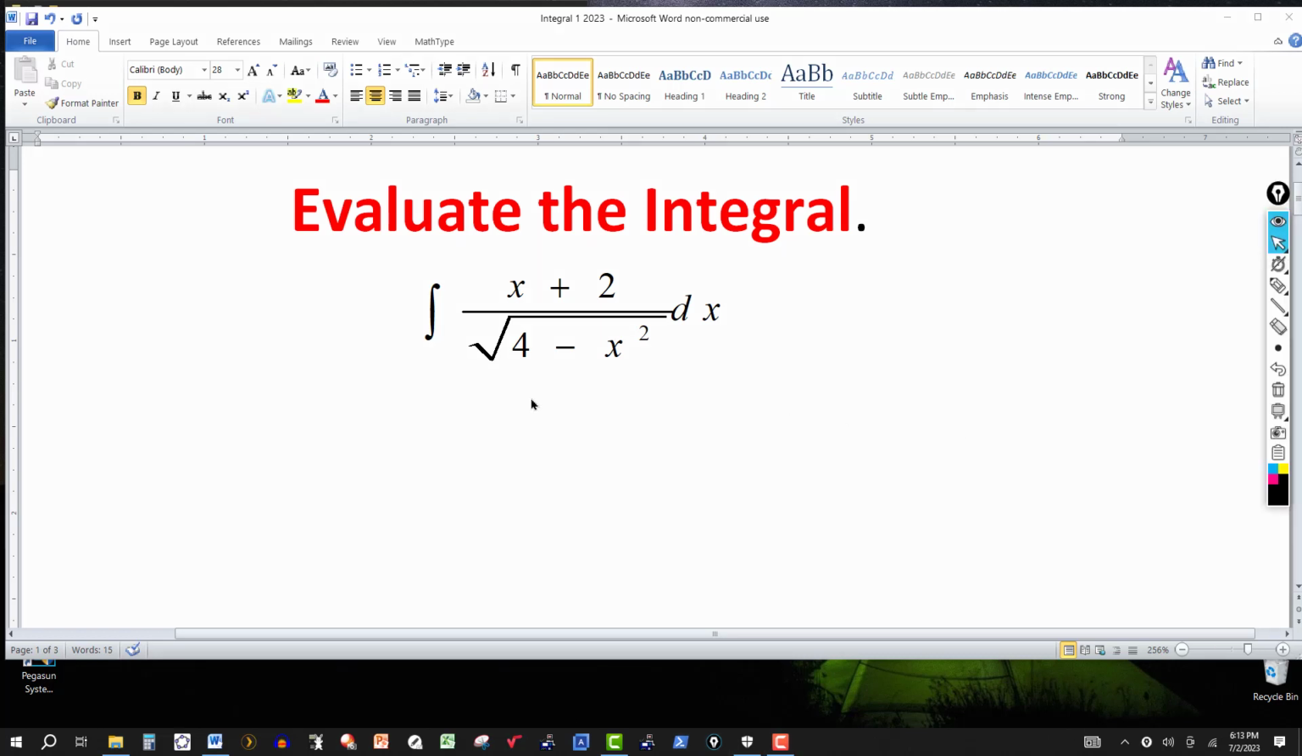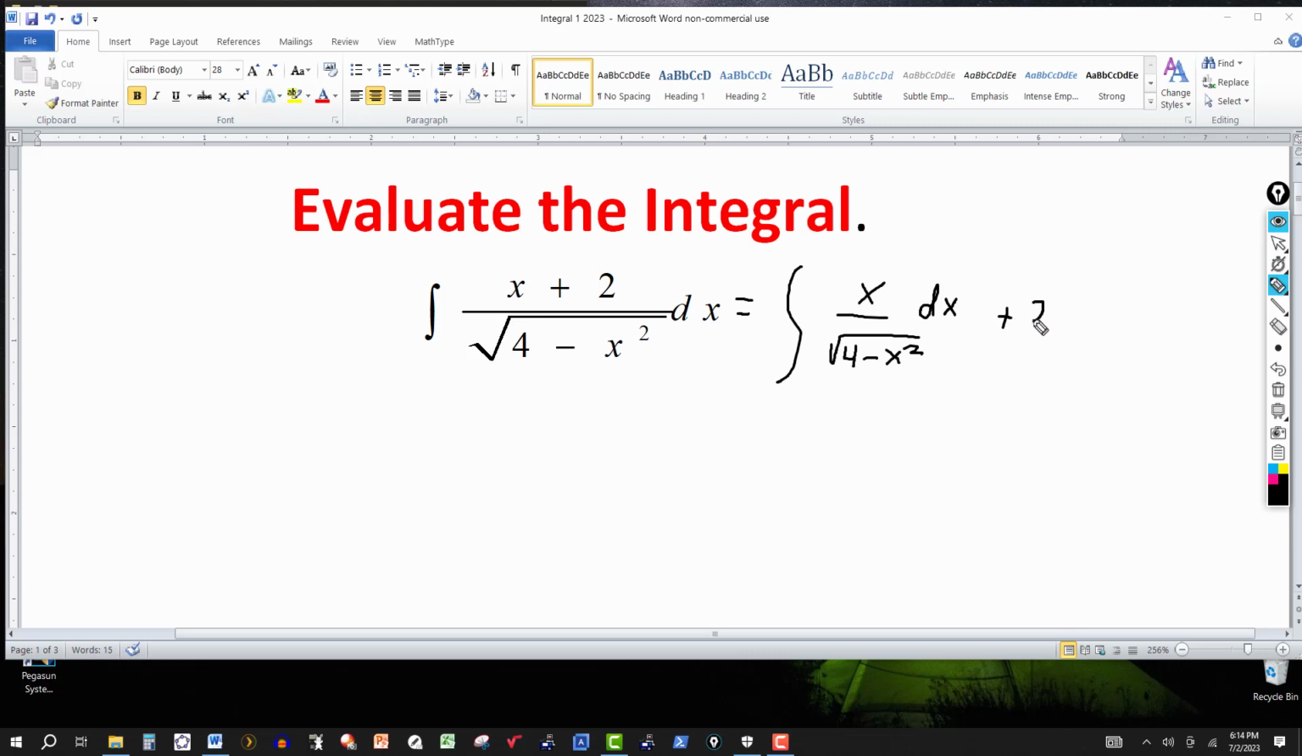Okay, let's look at this. It's possible you could use a trig substitution. I didn't try it. You might want to do it, see what you can do with that. What I'm going to do here is break this up into two integrals. This will be the integral of x over the square root of 4 minus x squared dx,